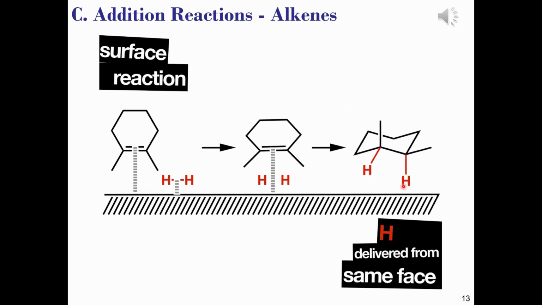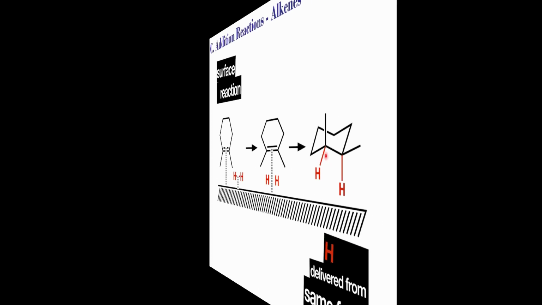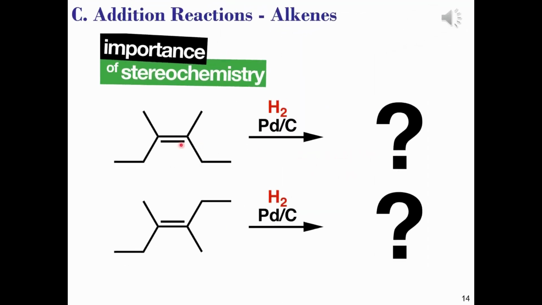Hence this is why they have a syn relationship. There is the formation of two very strong carbon-hydrogen sigma bonds, and this releases energy as the product is more stable than the reactants. There is a stereochemical outcome here that needs to be considered, and here we have two